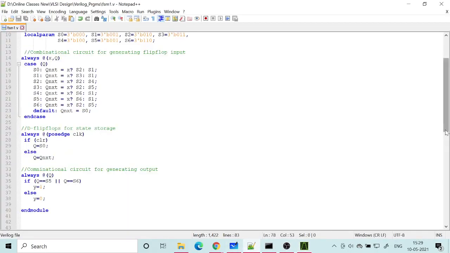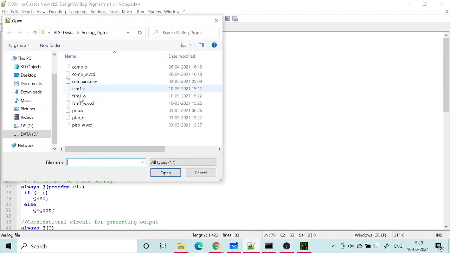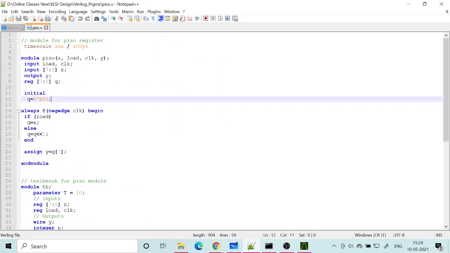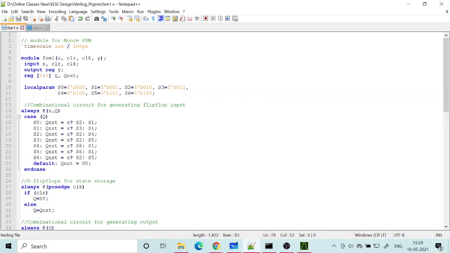Here in that program earlier I used an initial block, so this one. That was to make the initial state of the internal state of the module 0, but I have not done that here. That is something you can use not for synthesis but for simulation.